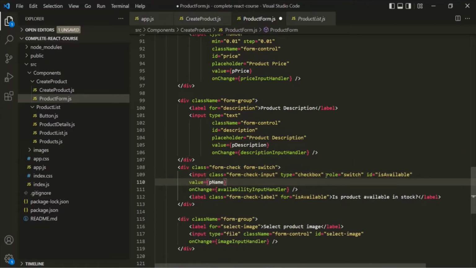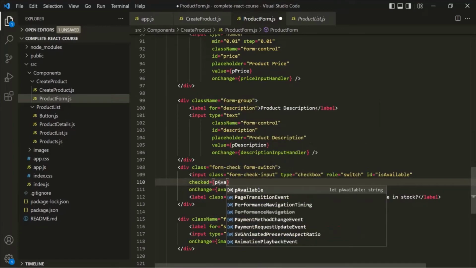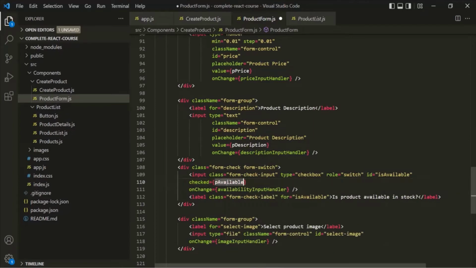And since this is a checkbox, I'm not going to add a value attribute. Instead, I'm going to add the checked attribute, and to this I want to assign p available. So this is another state which is storing the value which the user has selected in the checkbox. If the user has checked the checkbox, in that case this p available will store true, otherwise it will store